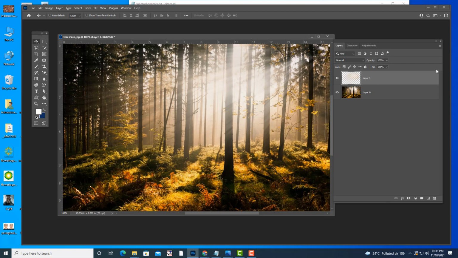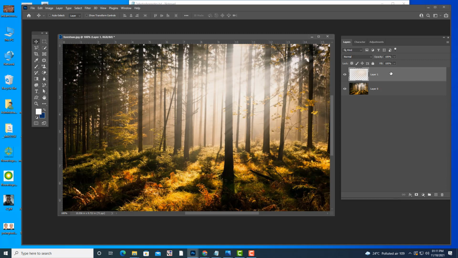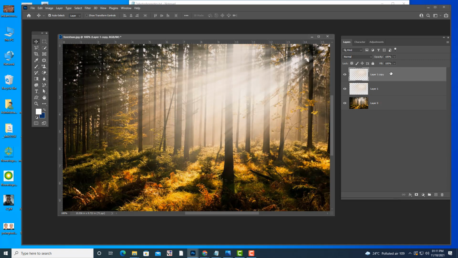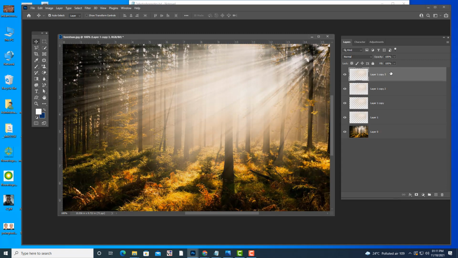If you want more intensity, just duplicate the layers. See, now there is more intensity. So you can create something like sun rays coming from a forest.